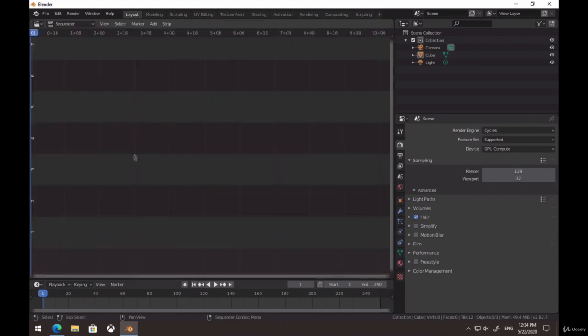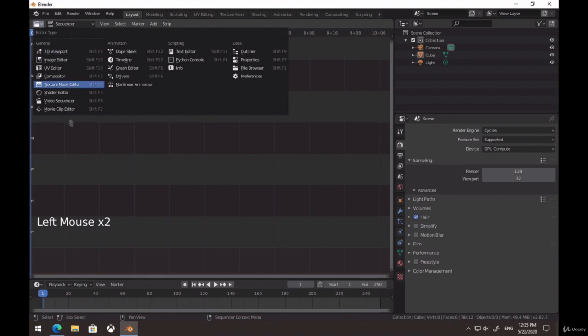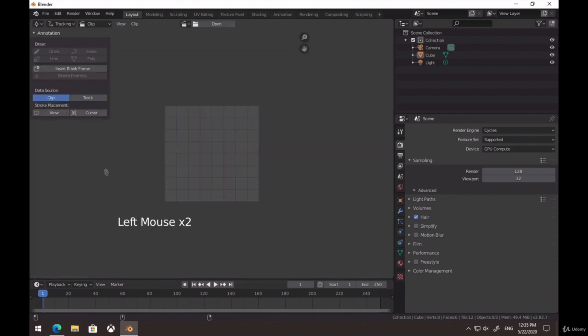Video sequencer, here we can edit video. Right? If you understand a little bit of video editing, like Premiere, Final Cut Pro, all that stuff, this lets us do basic stuff for video editing, like cutting and rearranging clips. But we can do that, so that's really cool. And the movie clip editor,